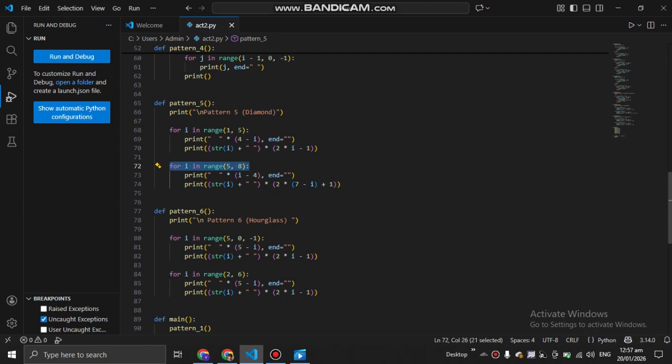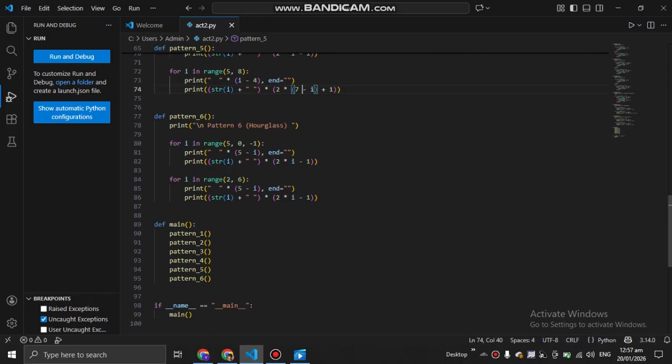Then print blank space times I minus 4, end is equals to blank space, this is for the alignment in the bottom. Then print string I plus blank space, times 2 times open parenthesis 7 minus I close parenthesis plus 1. So this line of code shows printing the number I multiple times.